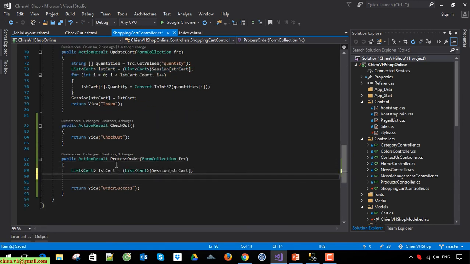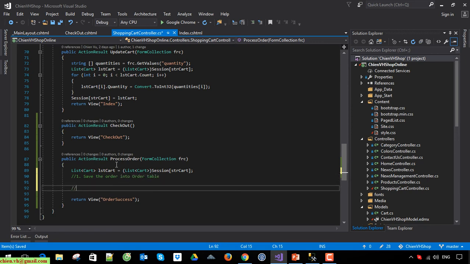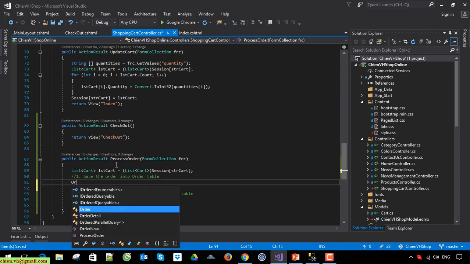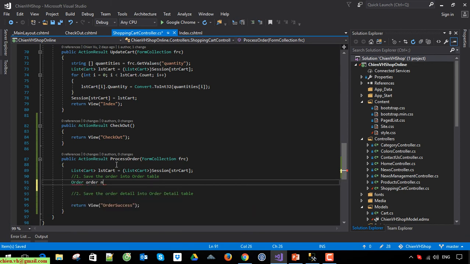And here we have to do two actions. The first, we save the order into the order table. The second, we save the order detail. Okay, so now we will go step by step. We have order, new order,